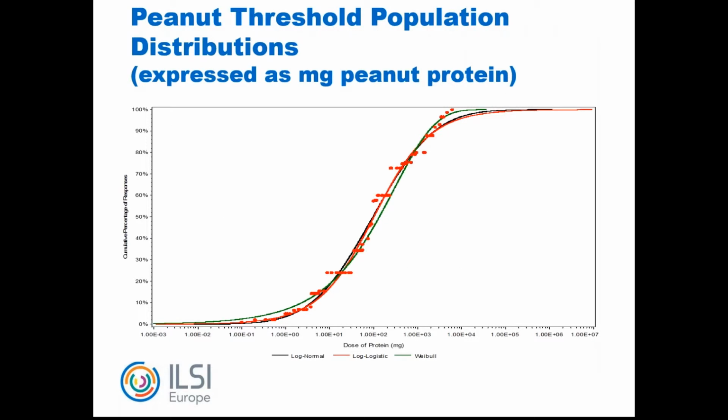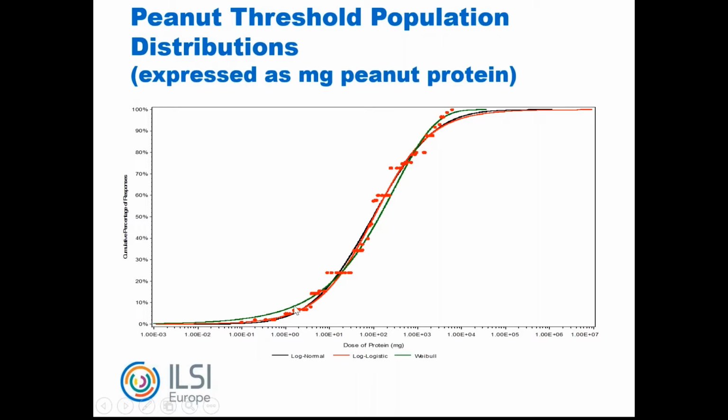So in this slide, I show the three different distributions. And this point is to illustrate that it is important to look at not only the goodness of fit and statistical parameters that the modeling will give you and the computer statistics provide you, but we have to note that those statistic parameters will give you goodness of fit across the entire distribution. So not only at these low levels,